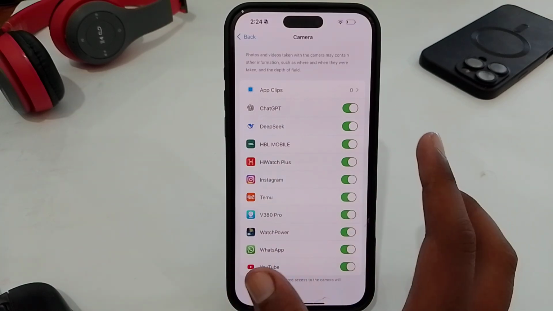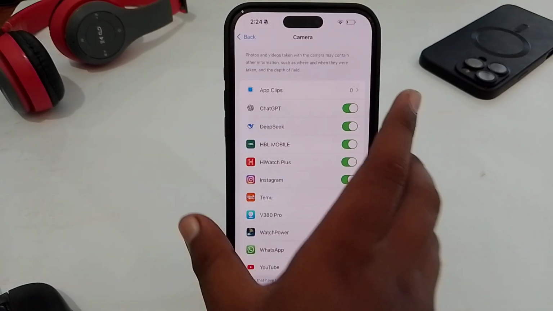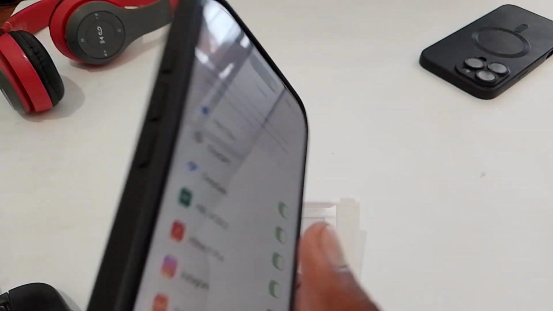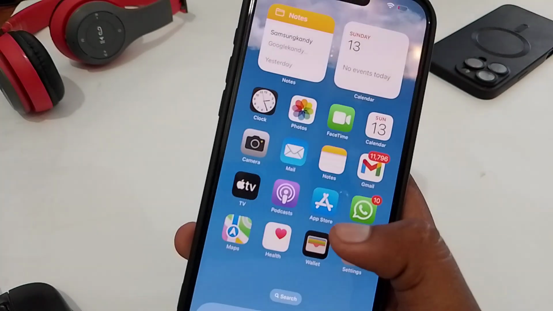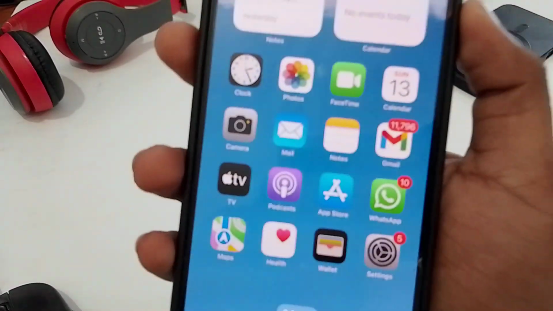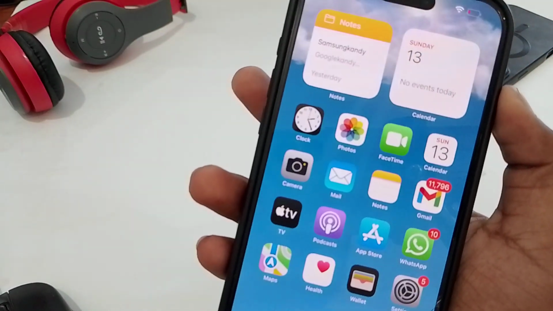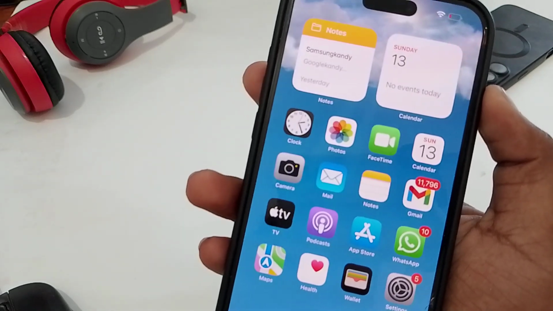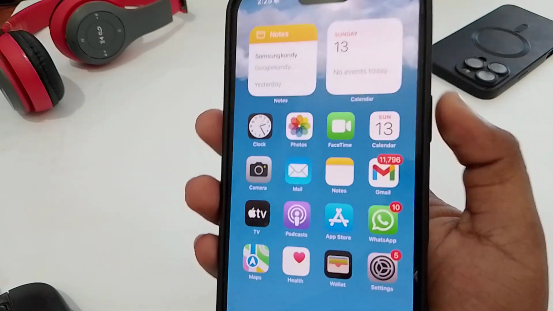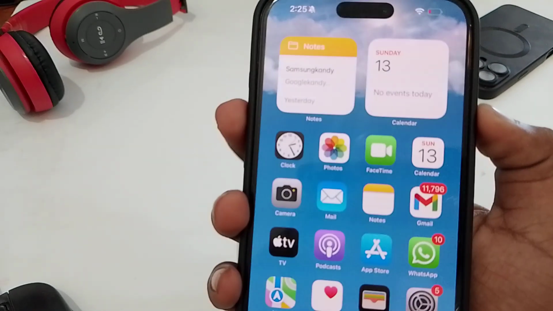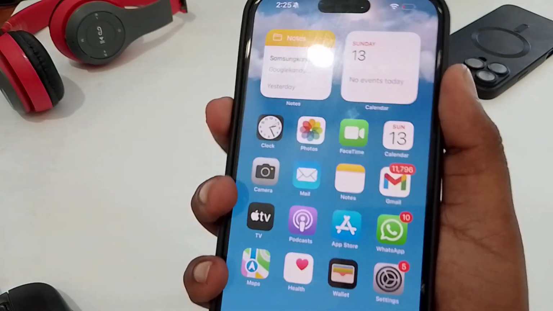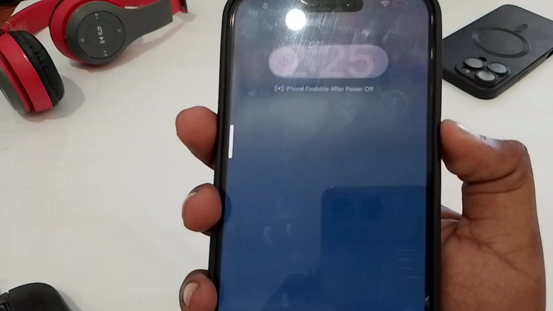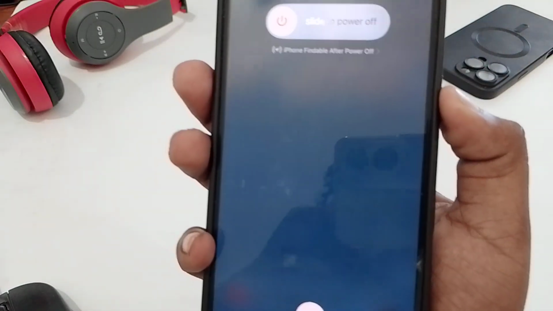It will make a quick refreshment to your camera access, and after doing this you just have to make a quick restart of your phone. So just go back, and here you just have to follow a trick, which is quickly press and release volume up, then volume down, and then press and hold the power button. So let's do this. First volume up, then volume down, then press and hold the power button